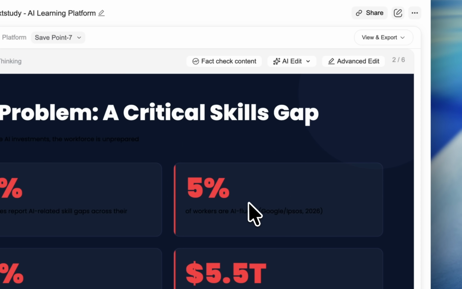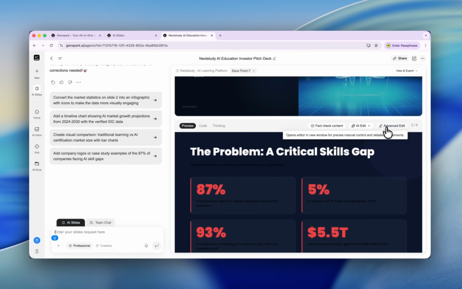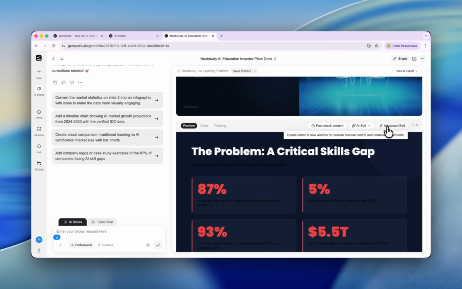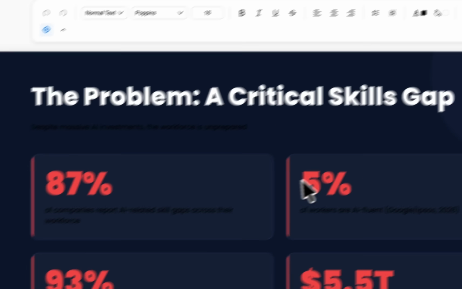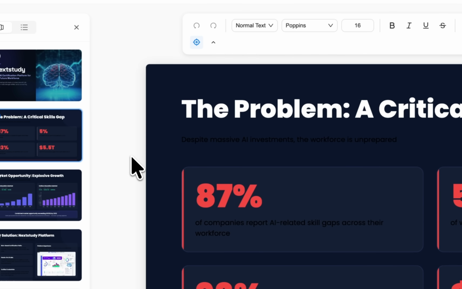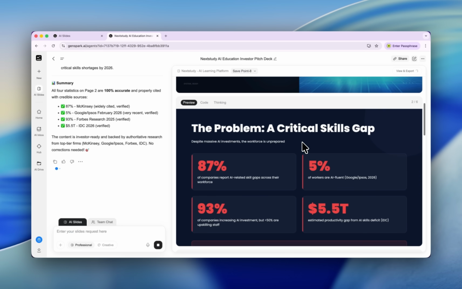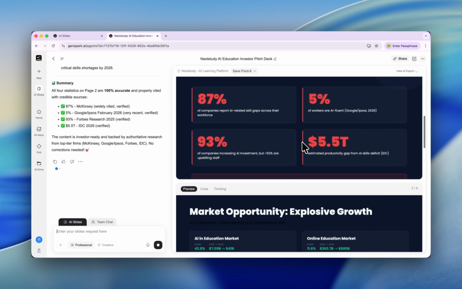But can we change the color a little bit? Let's use this advanced edit tool. Okay, if we click here, advanced edit, guess what's gonna happen? Let's click here. After we click advanced edit, we're in this page, and in here we can easily change the fonts and all the colors. See, now the change is already applied.